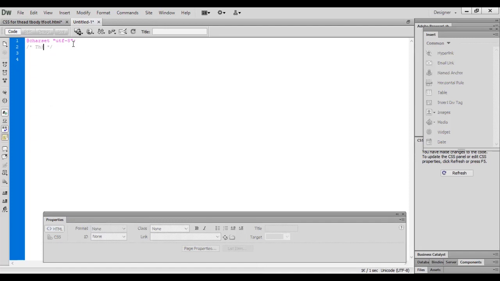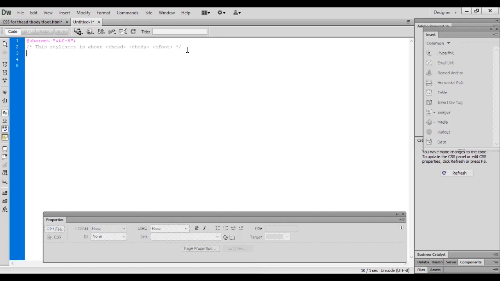Suppose this style sheet is about T head, T body and T foot. If I highlight this, remember this is an opening tag and closing tag.